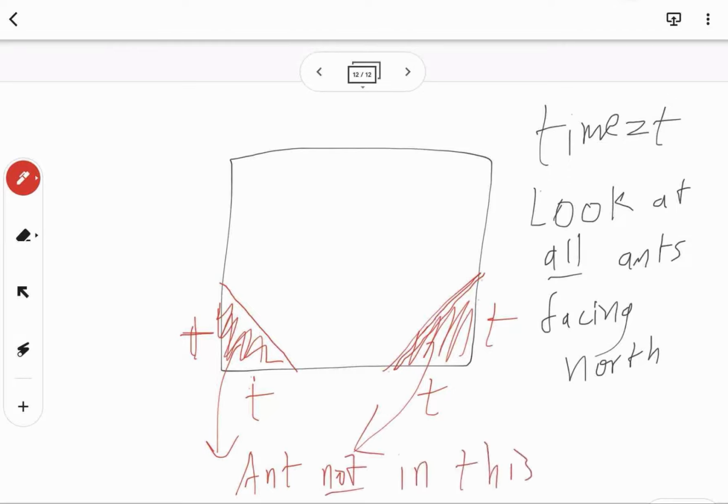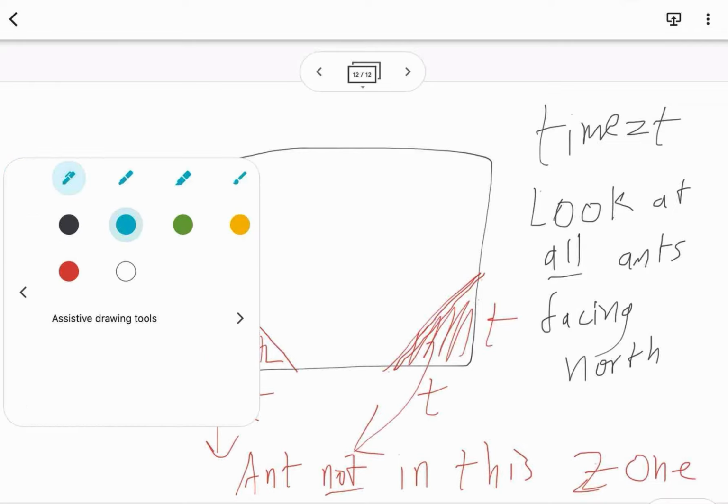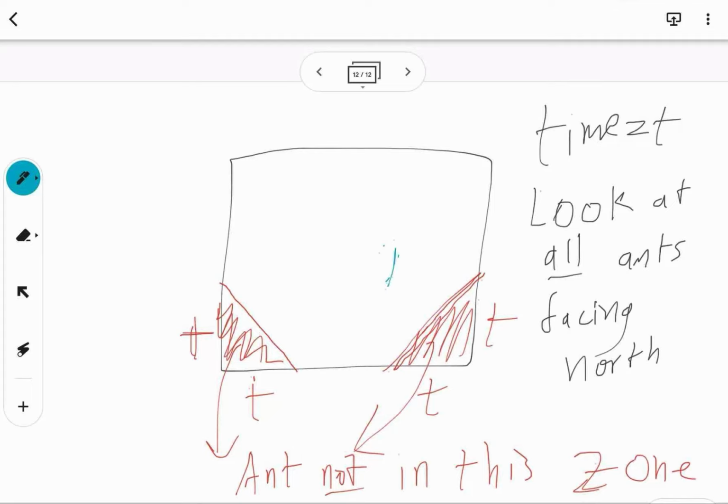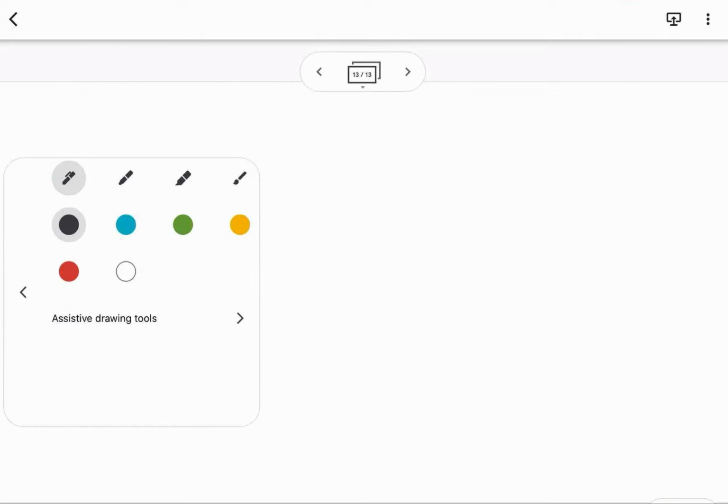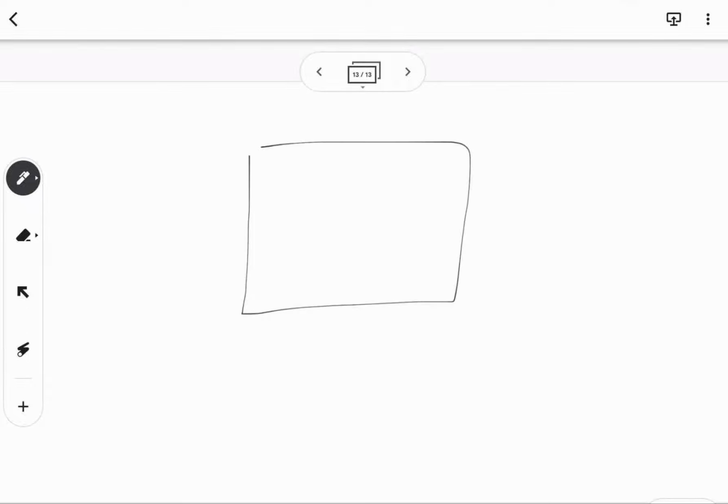Because if an ant was in this zone, then by using the backward process, you would see that it doesn't work, right? So the ant has to be somewhere in here. So our ant has to be somewhere in here. And this applies in any direction. So let's just look at, for example, the rightwards direction. If we look at the rightwards ants, if you have an ant right here, and you have time t,